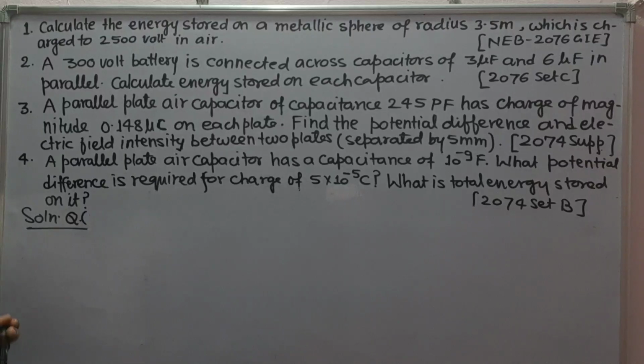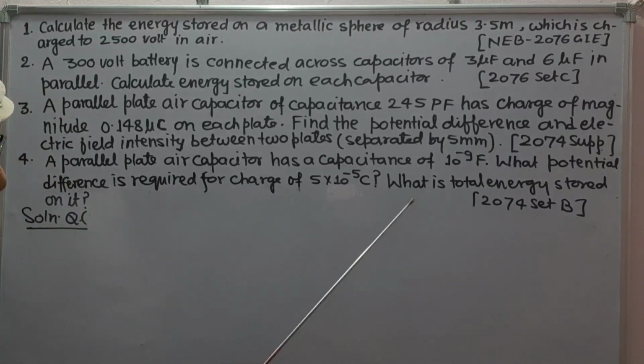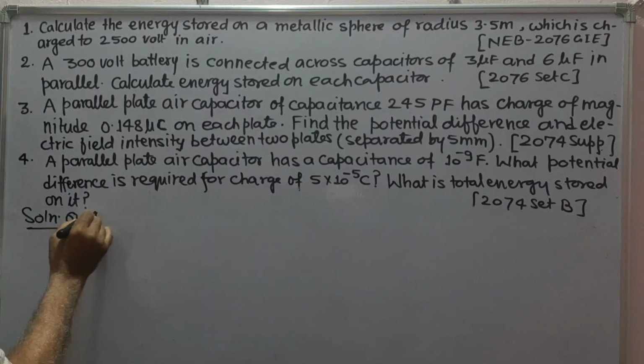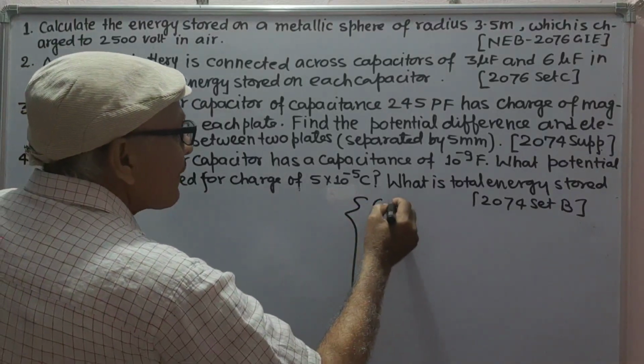Next, question number 4. The question is, a parallel plate air capacitor has a capacitance of 10 to minus 9 farad. What potential difference is required for charge of this much coulomb? What is the total energy stored on it? Solution to question 4. Here given: